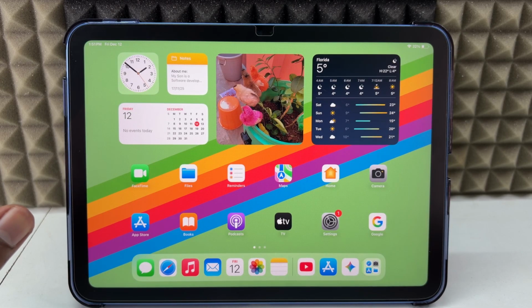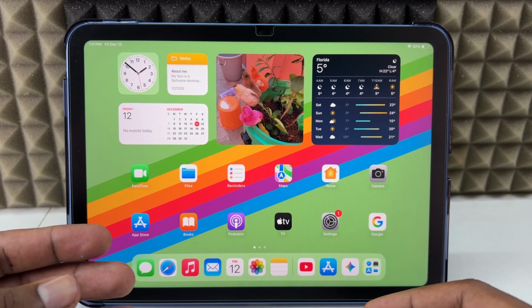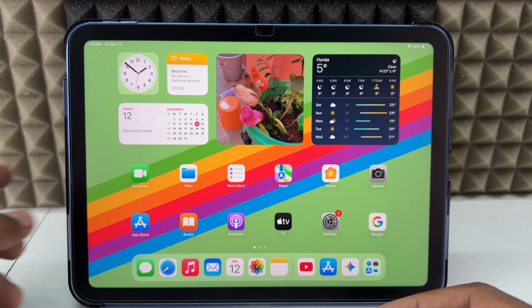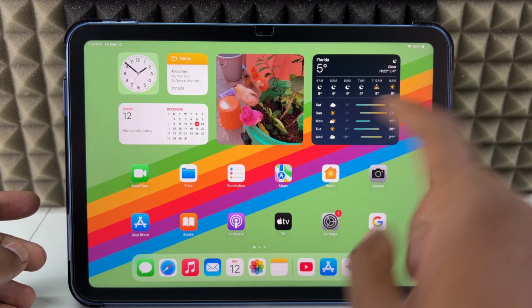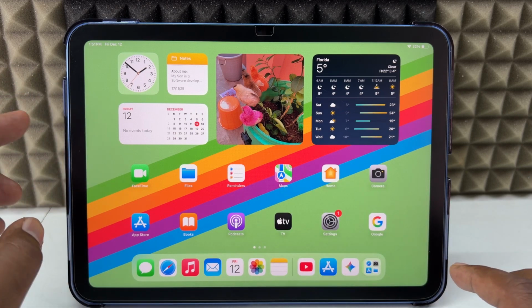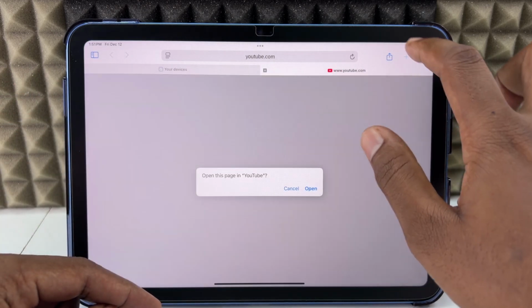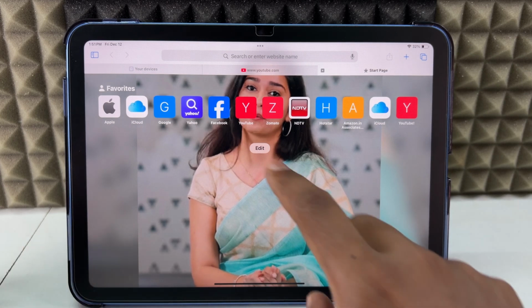If you want to add your affiliate products to the saved list on YouTube Shopping, I'll show you how you need to do that on iPad. So the thing is, you need to open Safari or any other browser. I just open Safari and click the plus icon and Google